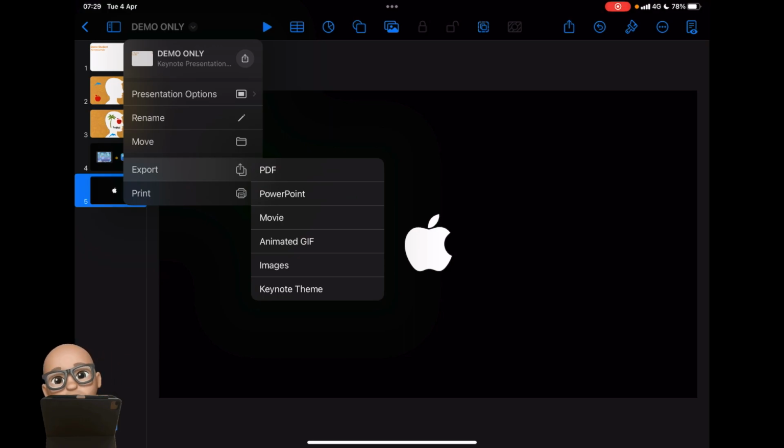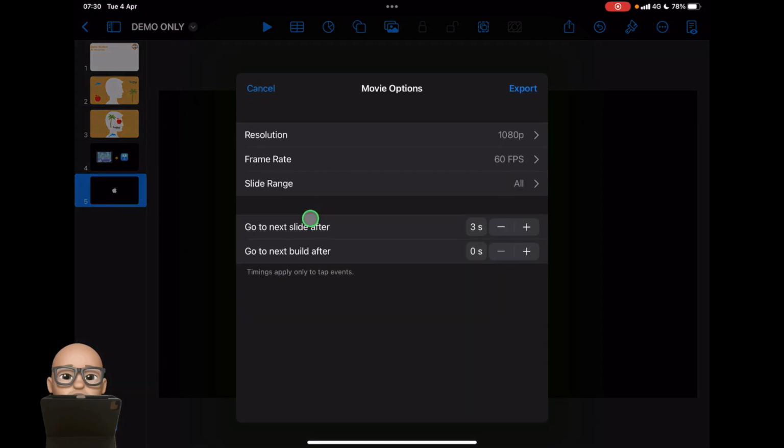So if you come up with a template that you want to use with your class, and it might be a template you want to use a number of times, you can make the blank template up and save it as a Keynote theme. And then when you start a new Keynote, you can select that theme, and it's like adding another pro forma into the Keynote bank of pro formas that already comes. So anyway, I digress. For today, and for this first lesson, you want to export as a movie,